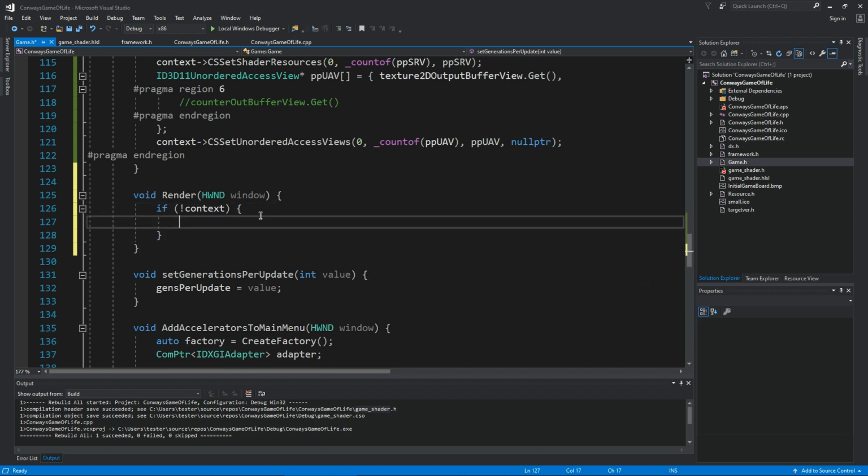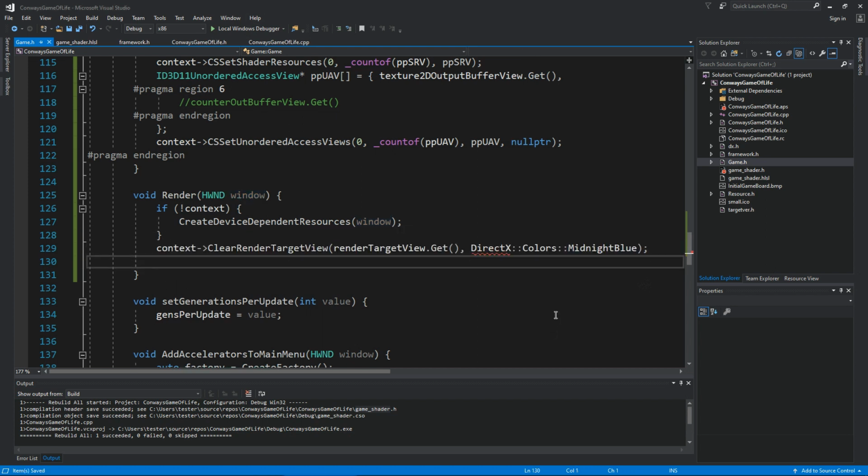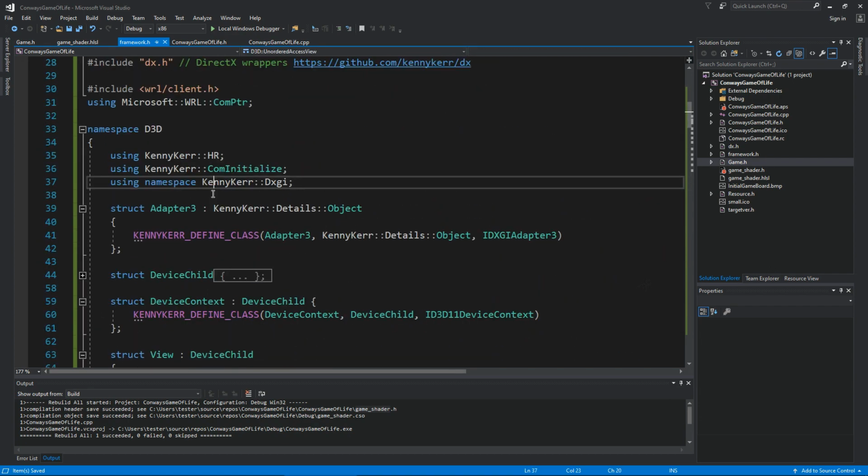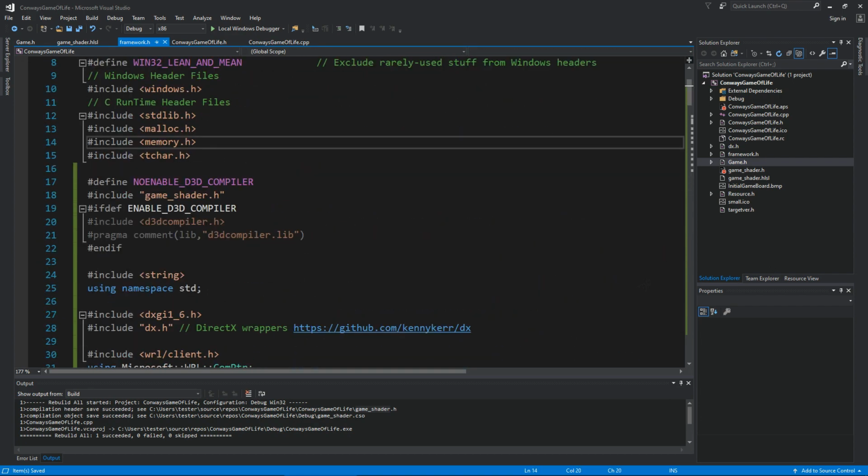If context empty, then I need to create device-dependent resources using window handle. If context is created, then I just clear render target view using midnight blue color, which is declared in DirectX header,